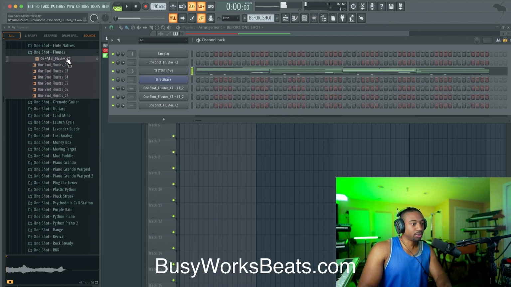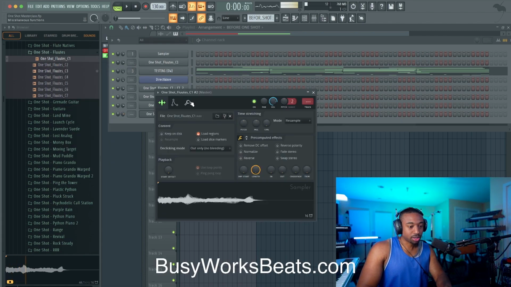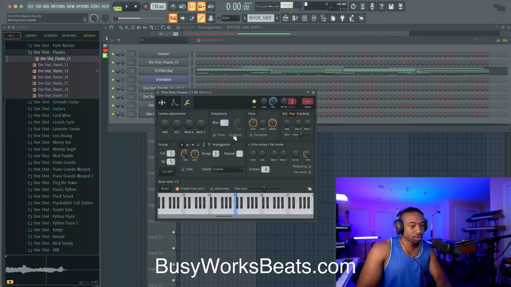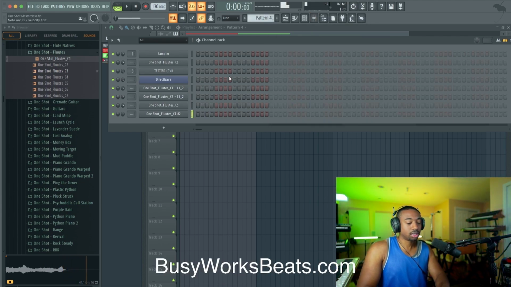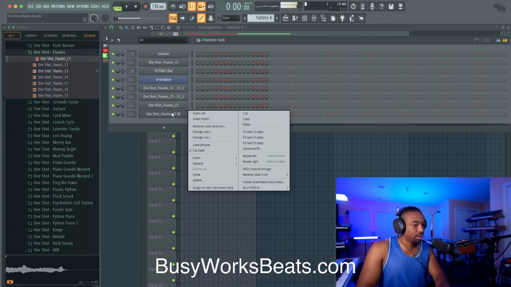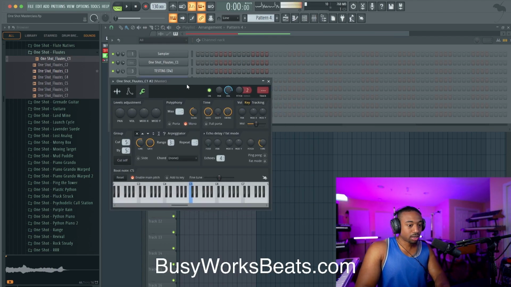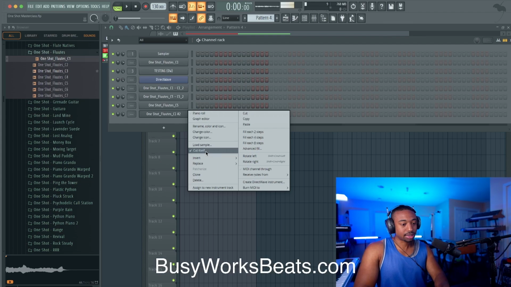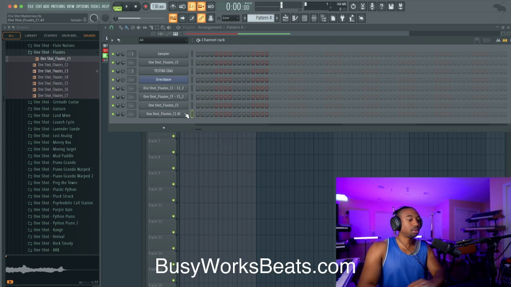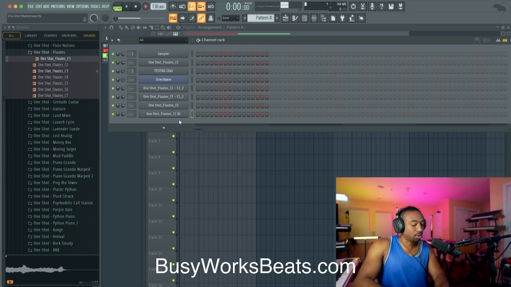Let's go back to our flute. Let's right click, open this up in a new channel. What we can do now is go to the wrench tool, turn on what's called monophonic mode. This will allow us to play one note. So if I'm tapping all these notes, it only plays one note at a time. Now the next feature we're gonna add is called portamento, so we can pitch bend between notes. And also we need to turn off what's called cut itself. So make sure you right click your sample, take it off of cut itself, or this won't work.